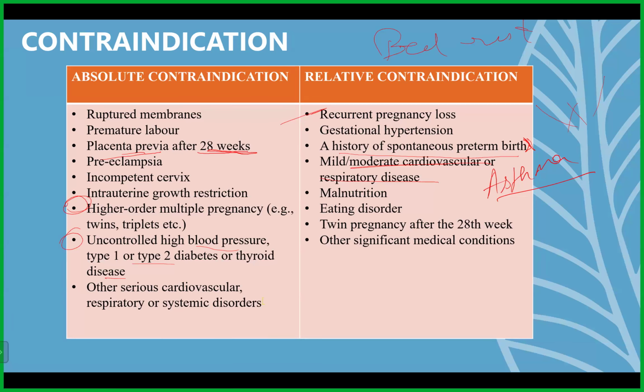Fine. Next is any eating disorder. Why is eating disorder a relative contraindication? Again, because of malnutrition and obesity factors, they can have some cholesterol level issues. So with all of this, we will see and then only give exercise for eating disorder. Twin pregnancy after 28 weeks: if they're coming for the first session after 28 weeks, you should be careful because it's in the third trimester. And any other significant medical condition which you feel you can contraindicate, like normal physiotherapy contraindications, it's similar to that. It's basically half common sense and the rest half is clinical.